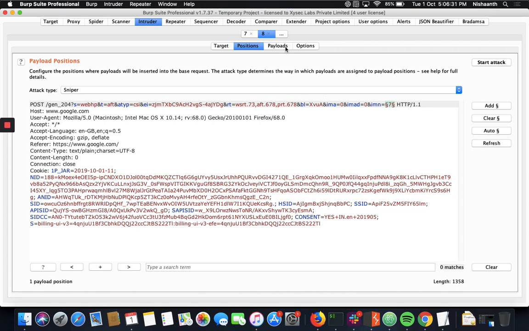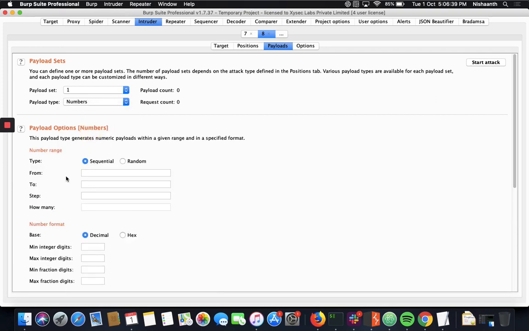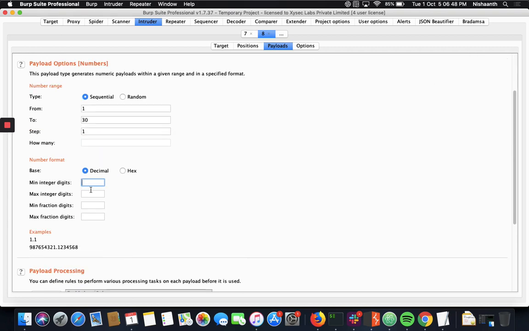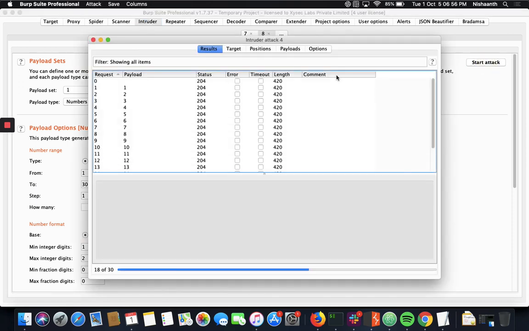Next, I click on the payloads. The payload set is 1 and payload type, say it's simple numbers, and say I want to brute force it from 1 to say 30, and the step is 1 and the minimum digits is 1 and maximum is 2, and there are no fractions. So once you click on the start attack here, we can see Burp has already started brute forcing all the parameters,